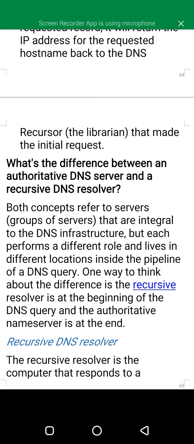One way to think about the difference is the recursive resolver is at the beginning of the DNS query and the authoritative name server is at the end.